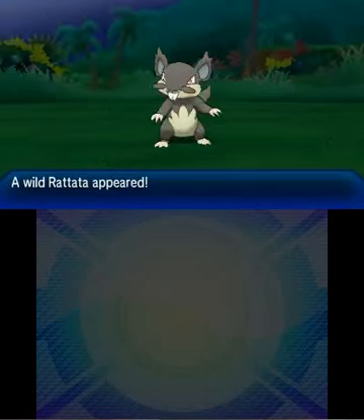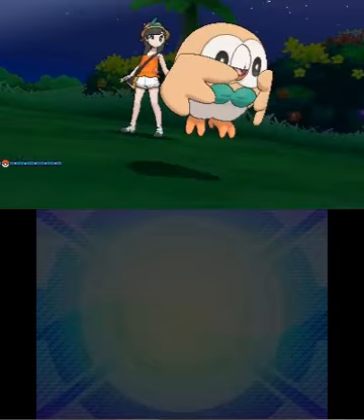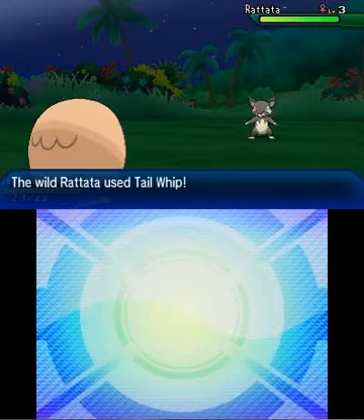And this will initiate the first static encounter with Yungoos. Oh wait, this is Ultra Moon, so it's a static encounter with Batata. Alright, but it'll still be pretty easy. Don't know any grass type moves yet, so...